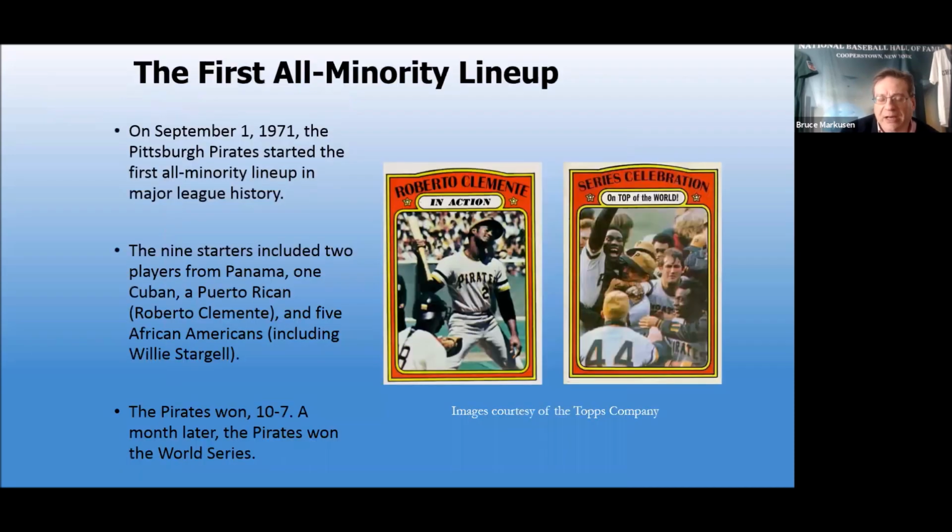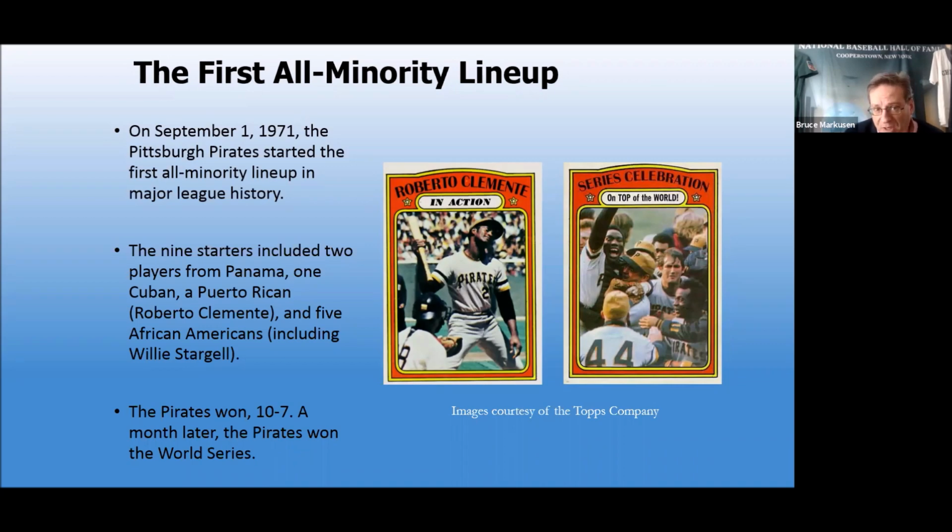One of the most exciting players I've ever had the privilege of seeing. I only saw him toward the end of his career, but he gave you a sense of what he could do. So exciting to watch. He also became a big part of history. He was part of the first all-minority lineup, September 1st, 1971. The Pirates had a 9-man lineup, all players who were either Latino or African American. You had 2 players from Panama, 1 Cuban, a Puerto Rican, Clemente, and 5 African Americans, including Hall of Famer